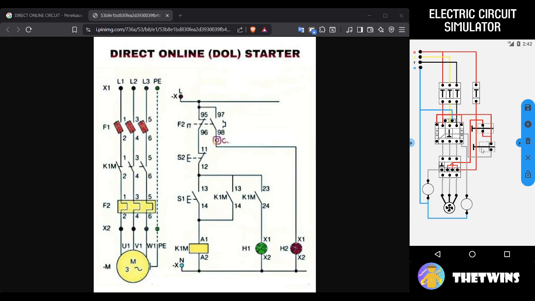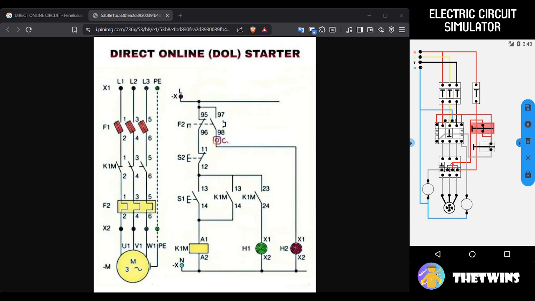This start button on, and then the contactor is active and the motor is on. If we press the off button, the contactor is off, the motor is off, and the indicator lamp is off. It looks great.